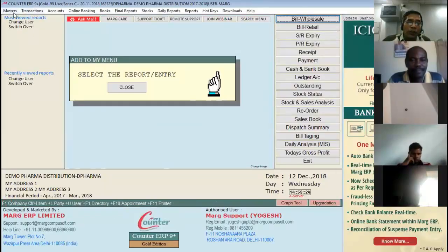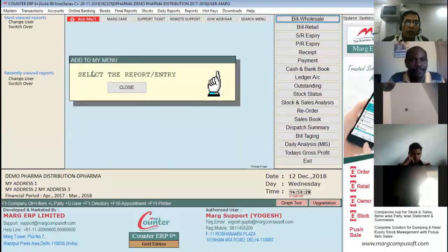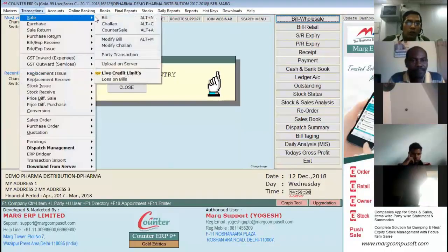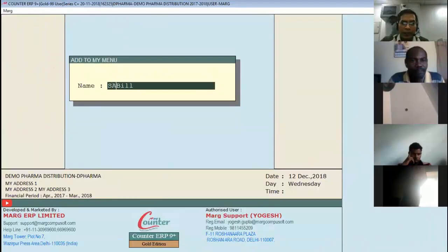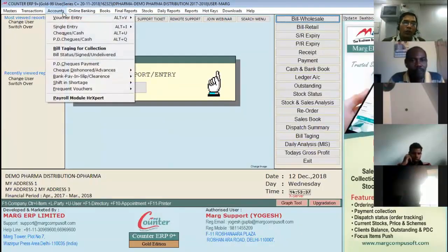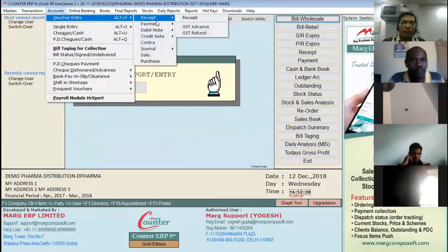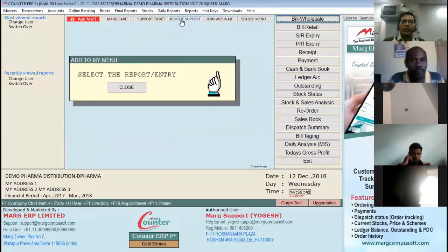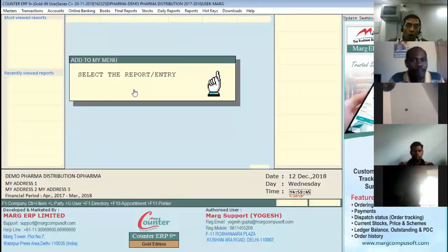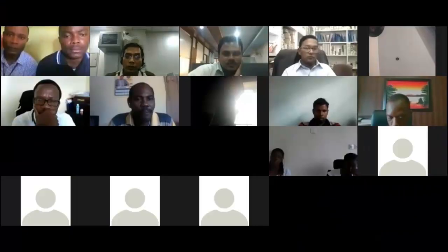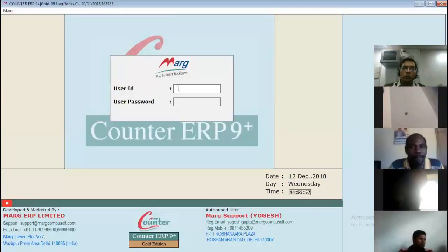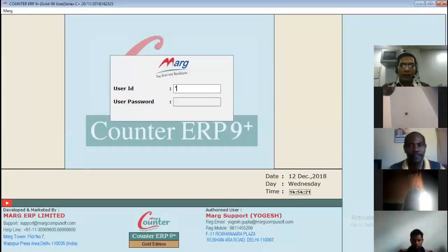I want to give him the option called new ledger. Okay. I want to give the option of sale bill. I type here sale bill. I want to give him the option of maybe voucher entry, receipt. That's it, 3 options. Now I close my software. Now when I reopen the software, I hope you are getting my Marg screen now. I log in with the name of Elvis.